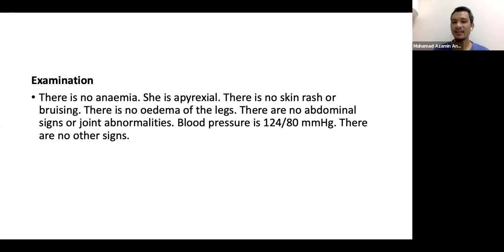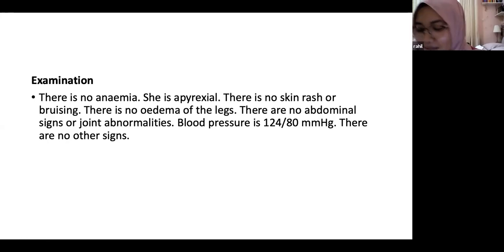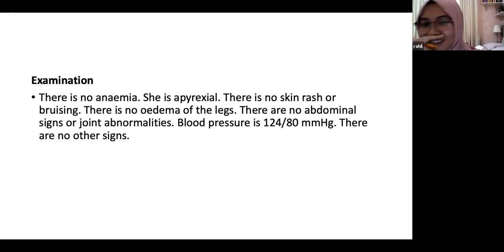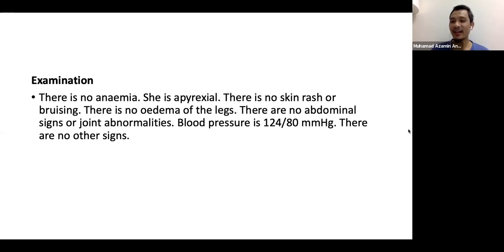So how do you know this is hypertensive? This is high. Sorry. Do you agree this is high for a 6 year old? Oh, okay. Yeah. You agree this is high. How do you know it's high? Because it is more than 120 systolic, because less than 95% of children have this blood pressure. I'm not sure. You're not sure. Okay. So Rahil said it's high, but she's not sure.